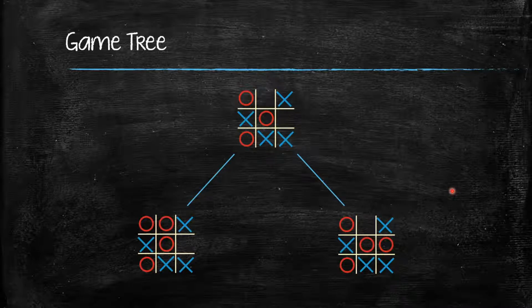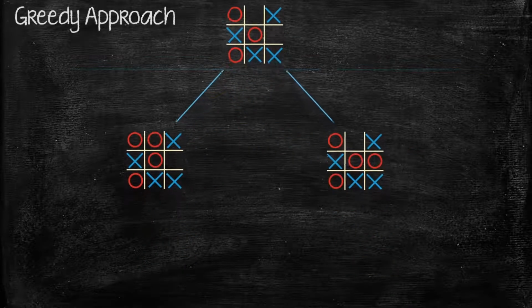And we can see, based on how this tree is structured, that each edge here is a move by O. Each edge is going to represent a possible move that O can make, and then what the game would look like if O made that move. So I gave the lecture on greedy algorithms earlier this semester, and if we took a greedy approach to this,